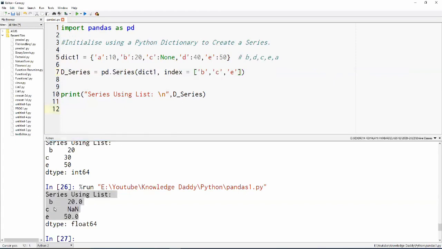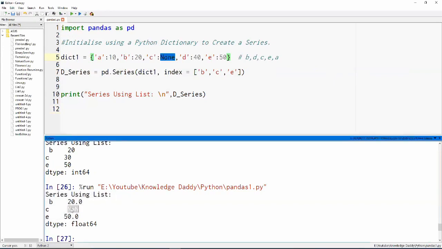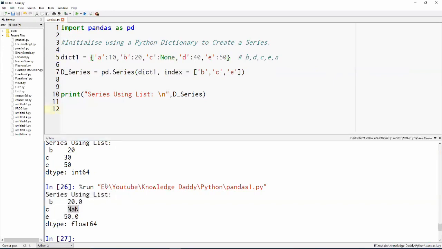There is something which came up for the corresponding index value C, because at the C position we had provided a none value, and something magical came up here. It's written as NaN. Okay, so this is basically a none value which is specific to Python pandas and to NumPy arrays. So this is basically a none value which is there in the NumPy library.